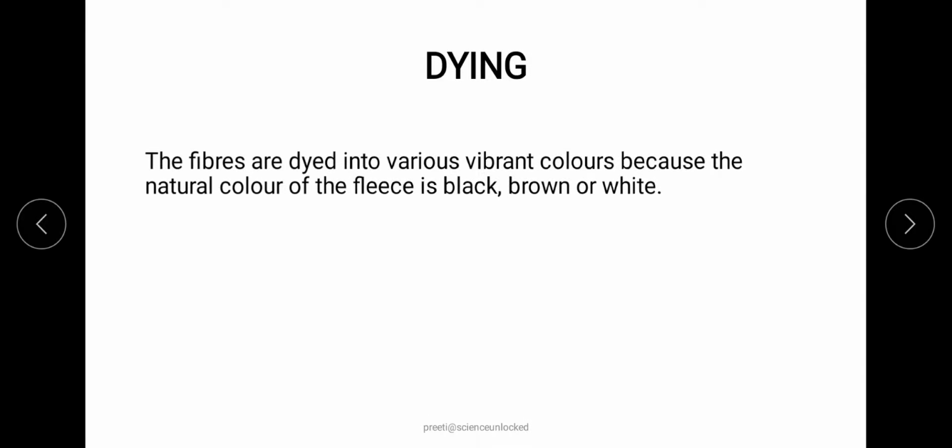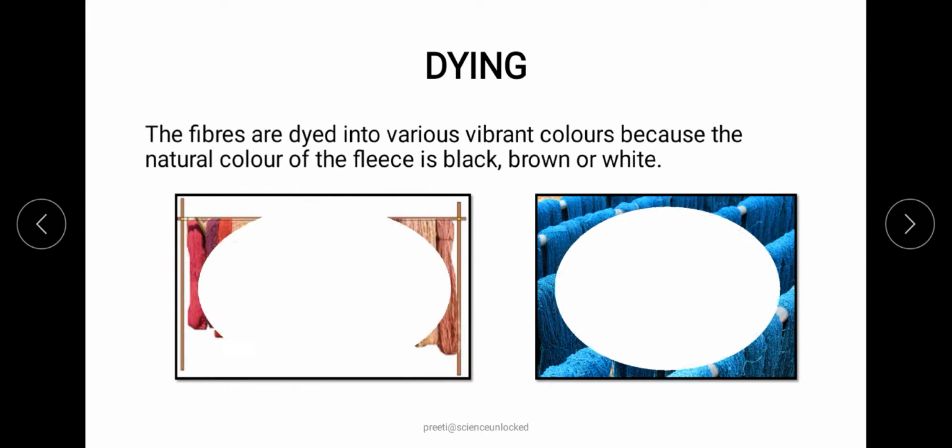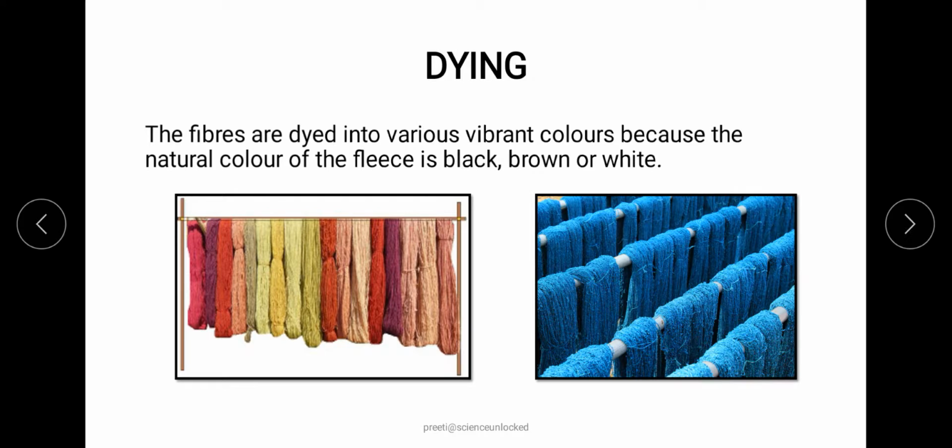Once the fine fleece is obtained, it is sent for the dyeing process, where the desirable color is provided to the fiber.